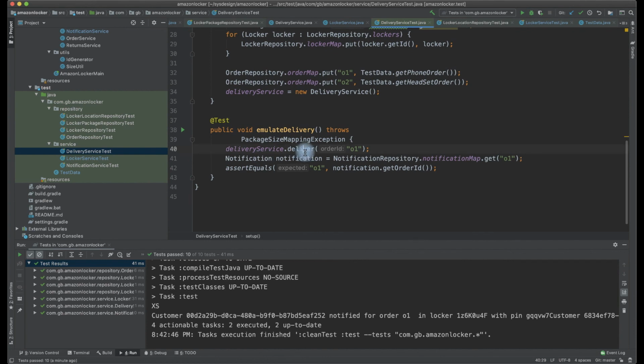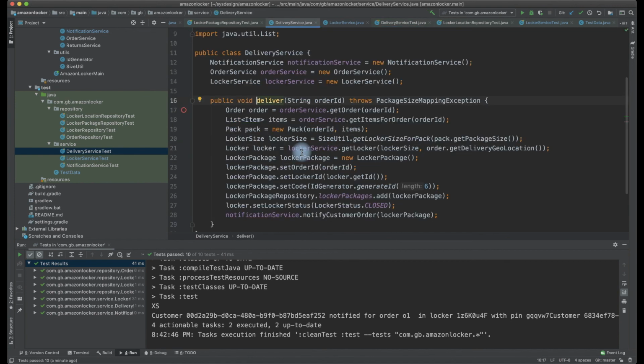Let's look into what we are doing. We call the delivery service, because the delivery service is the one that picks the order, tries to pack it, and compares the package size to the locker size.